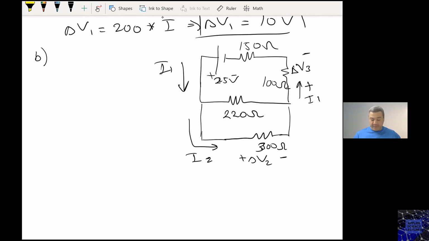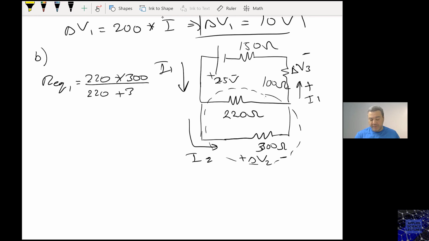Okay. So how much is the current I? At the beginning, we need to calculate the total current I. I need to find the equivalent resistance. So start first with this one. Those two are in parallel. So I will call this one R equivalent 1, and it's going to be 220 times 300 divided by 220 plus 300. And this is only for two resistors. For two resistors, I can use this expression. Then R equivalent 1